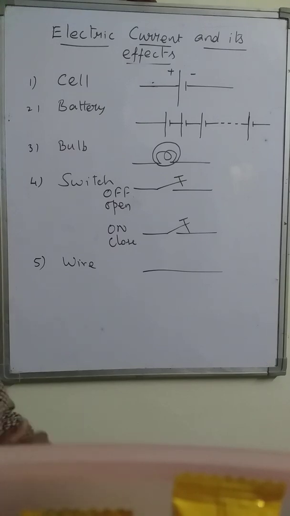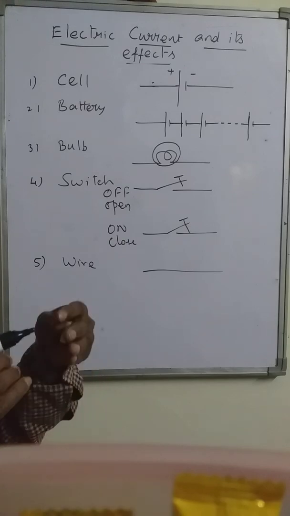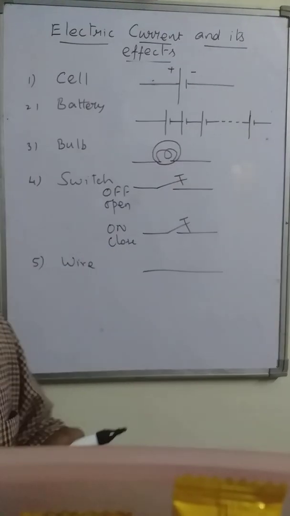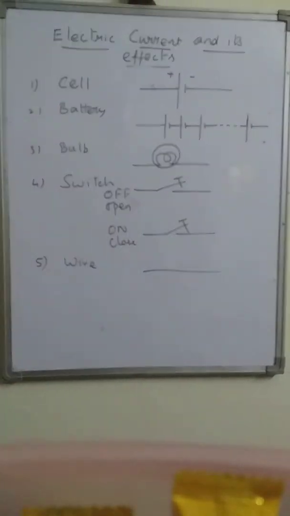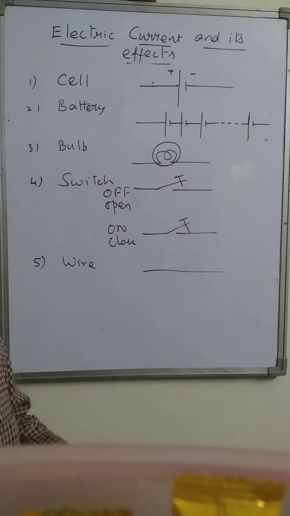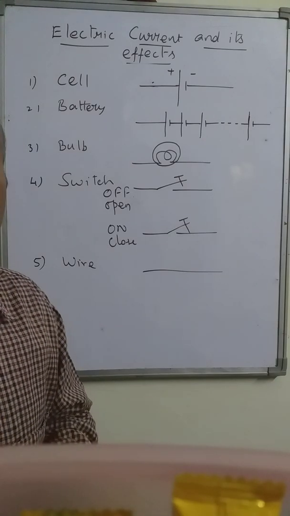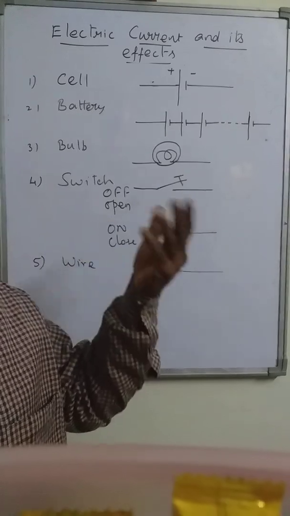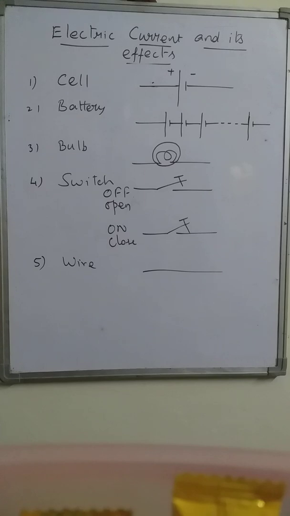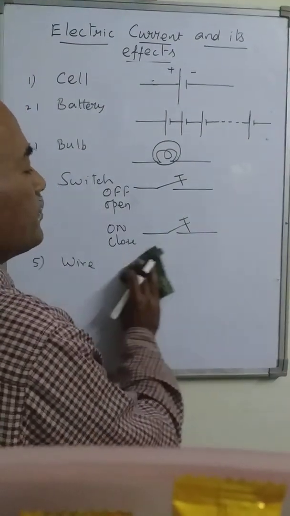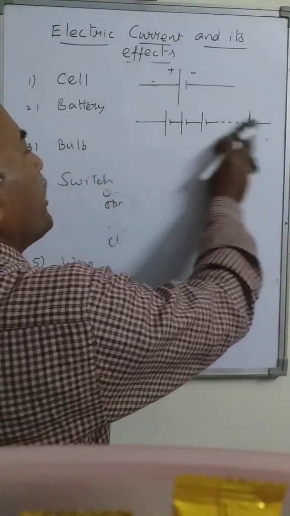So whenever we draw these components, we are supposed to draw the symbols of components, not the whole structure of that particular component. Because at this level, you may be asked to draw the exact diagram, or you may be asked to draw the symbol of that component only, right? So you must learn this. And then if these components are joined together,